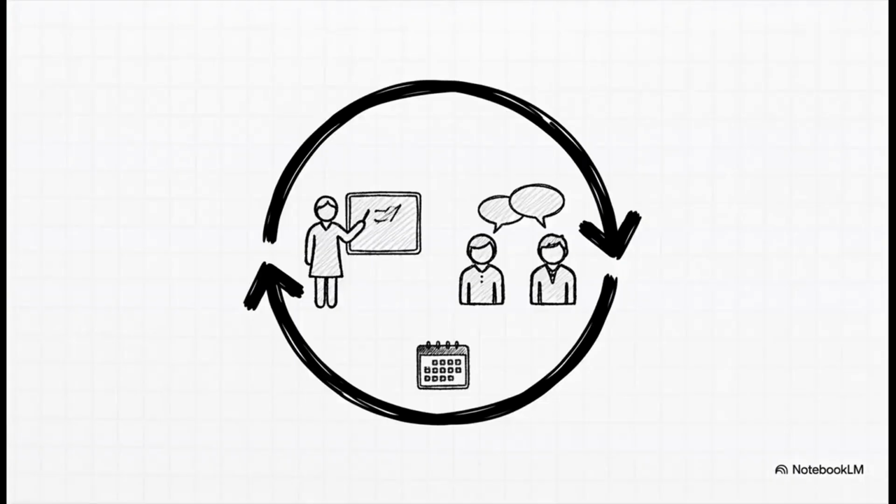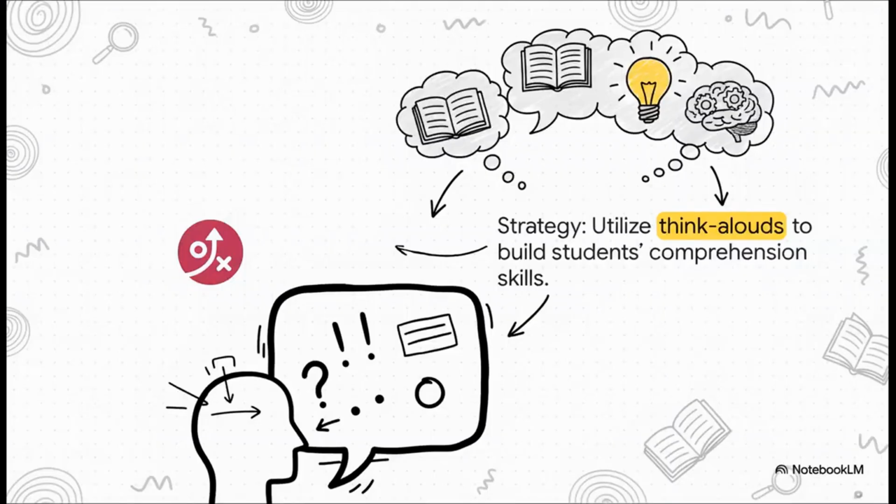This is so important. None of these strategies are going to work as a one-off lesson. The only way to build these skills is to make them a daily, predictable part of your classroom culture. That consistency is what transforms a simple strategy into a genuine, lasting practice. And finally, don't forget about your most powerful tool, your own brain. A think aloud, where you just narrate your thought process while you read, is the single best way to show students what it means to think like both a reader and an author at the same time.